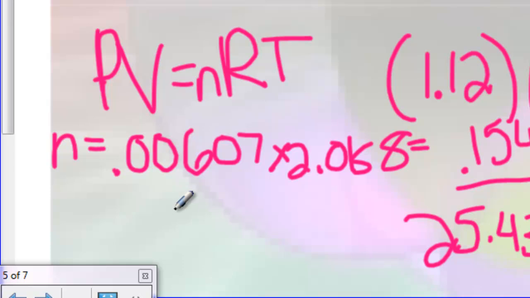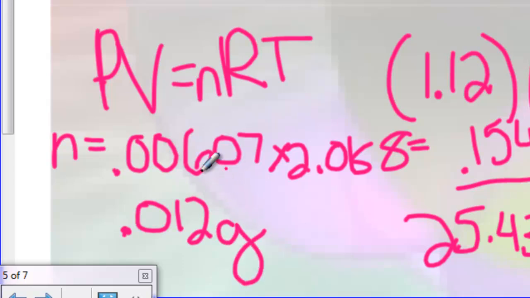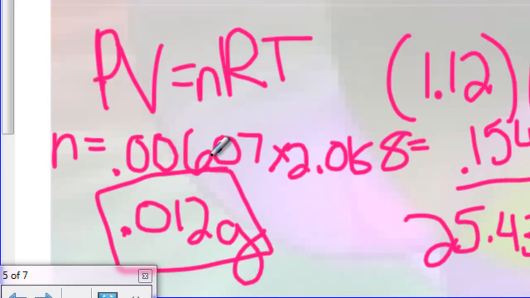Okay, that's the molar mass of H2. So that gives us the final answer, how many grams of H2: 0.0122 grams. Okay? And of course, that needs to be in sig figs, so 0.012 grams. Okay? So that is the final answer. All right, let's look at a different kind of problem. This question wants us to find the density